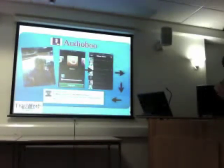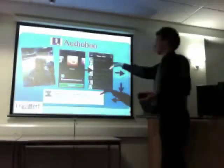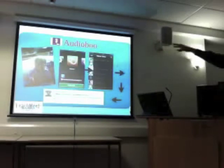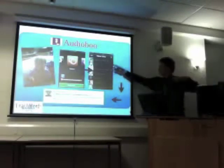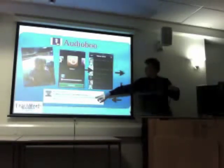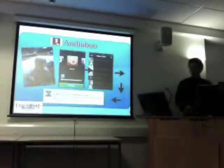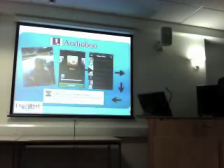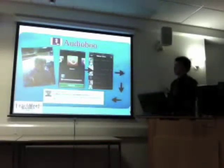Okay? So you can use it to listen or record, and then you send it. You send it basically to its website, audio.fm, and it puts it onto the internet. So there's my stamp for TeachMeet Aberdeen at the very top. But what it also does is it automatically links your Twitter account and sends out a little tweet to the world saying that if you want to listen to that, click here. So it kind of keeps the circle going, and folk can reply to it, and you can have private messages